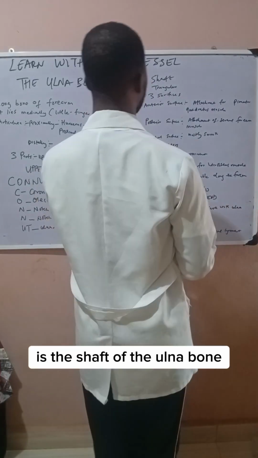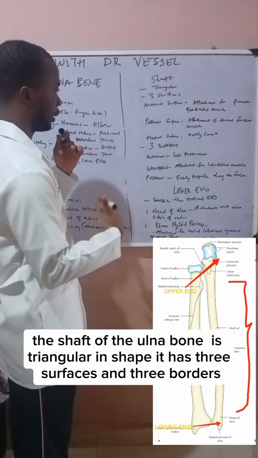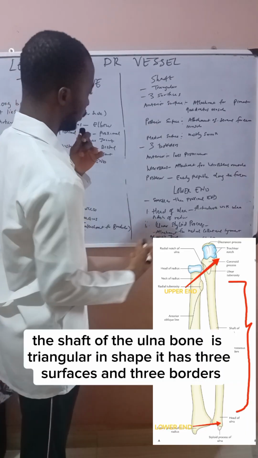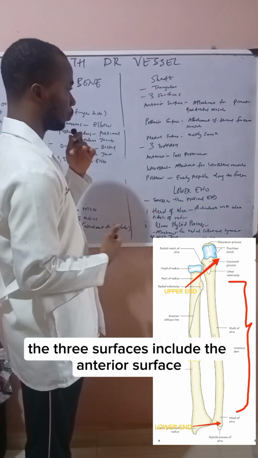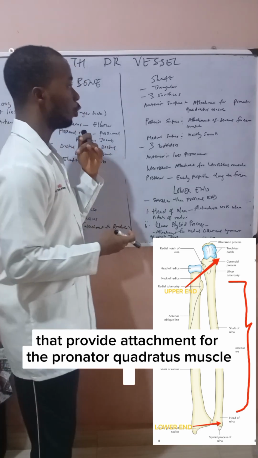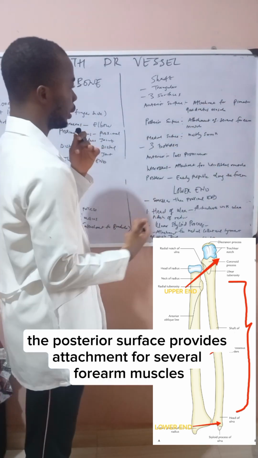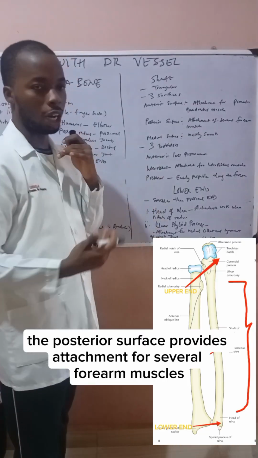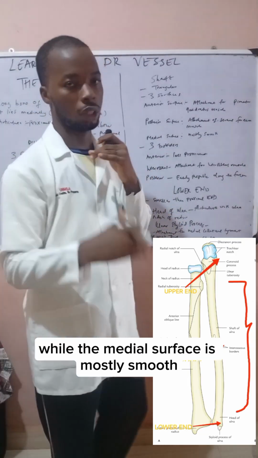Now the next we'll be looking at is the shaft of the ulnar bone. The shaft of the ulnar bone is triangular in shape. It has three surfaces and three borders. The three surfaces include the anterior surface that provides attachment for the pronator quadratus muscle. The posterior surface provides attachment for several forearm muscles, while the medial surface is mostly smooth, does not have any